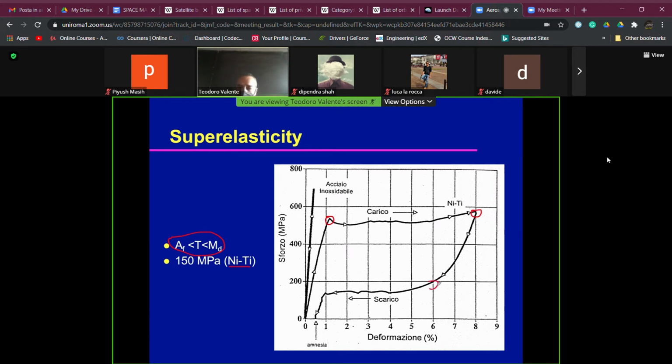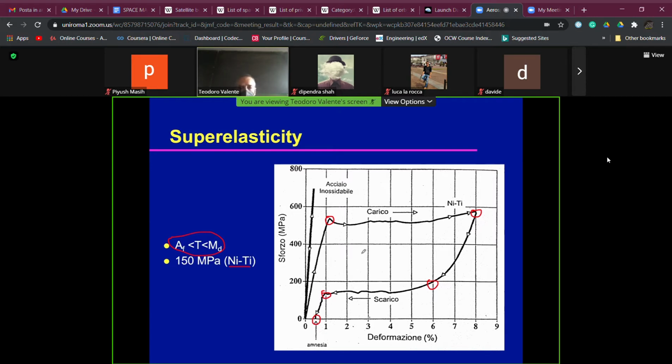More or less here we have the stress for which the martensite starts to be transformed again into austenite. And here you have the stress for which all the martensite is transformed to austenite, that is C equal to 0. You see here 0.5% more or less of non-recovered deformation. If we have a look at this diagram,